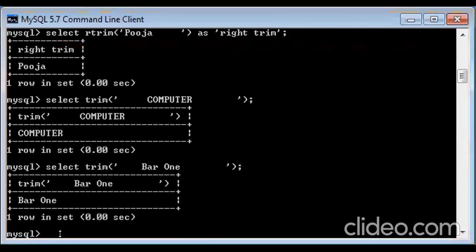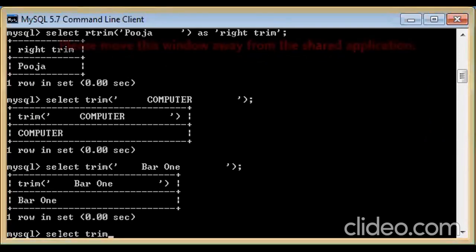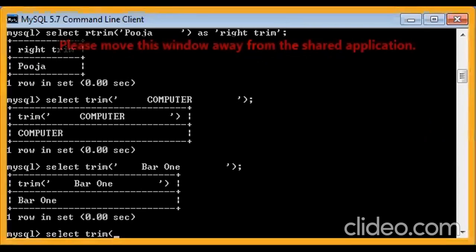Select trim. Select trim in the parenthesis. Okay. Then leading. I wanted leading. Do you want me to put it into the quotes? No, ma'am. Okay, leading. Then in the quotes the string bar1, so with spaces.